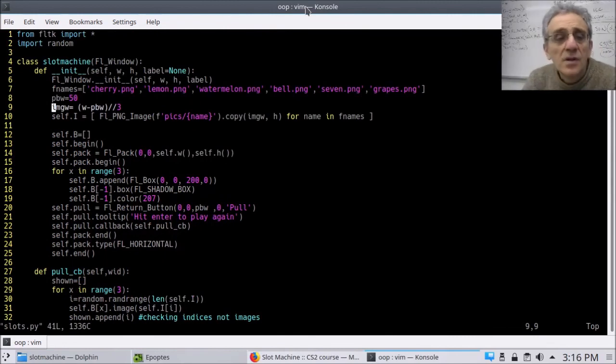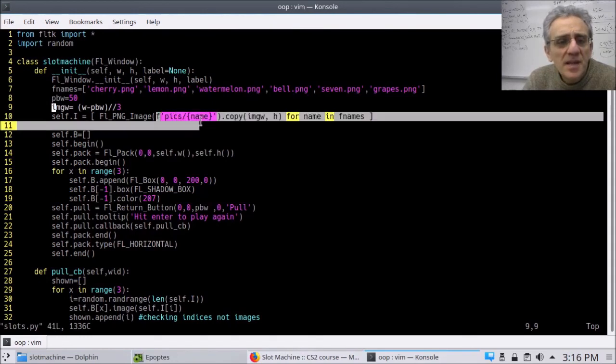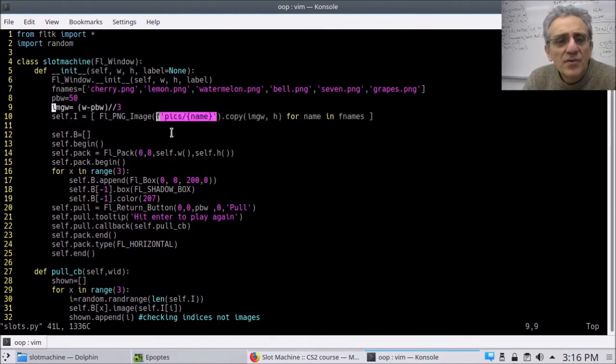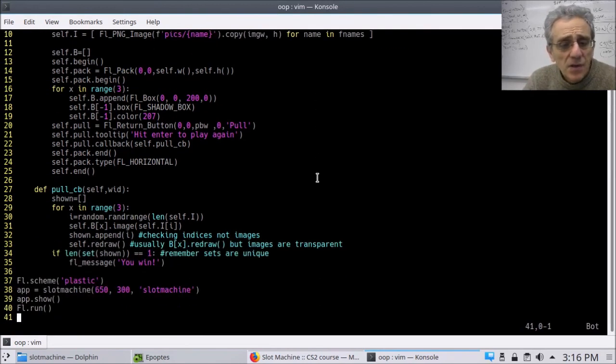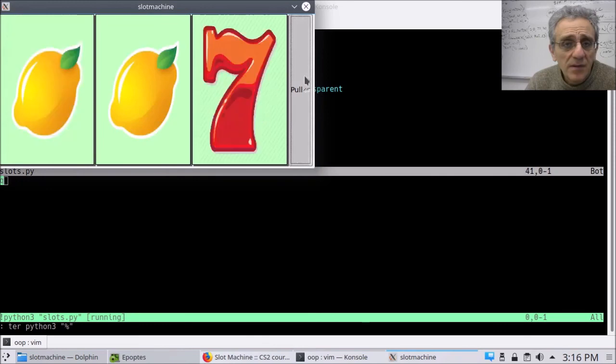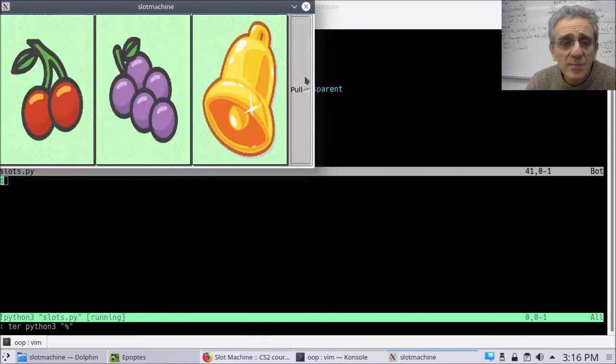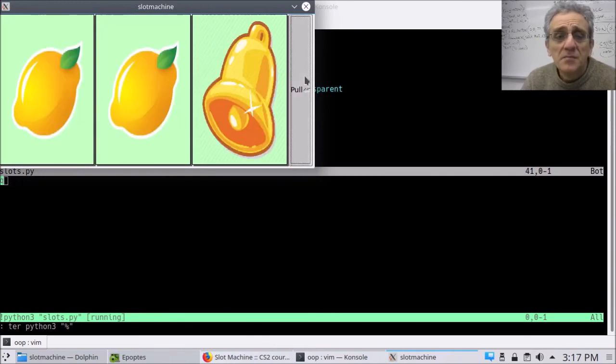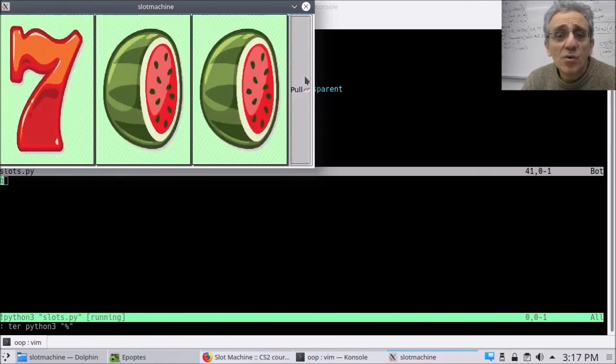Okay, so I just had to fix one thing. I had to go and grab those images again, and I actually put them in a subdirectory called pics, and so I use this f string here, and that's it. So now when I run it, you can see that it works just like it did before, except now my whole program is object oriented,